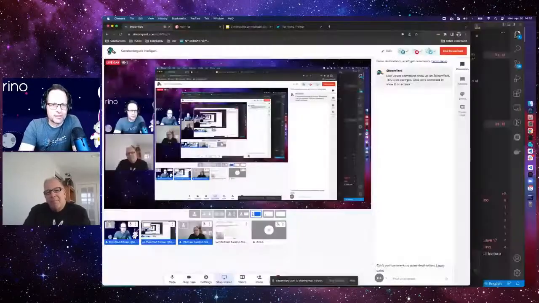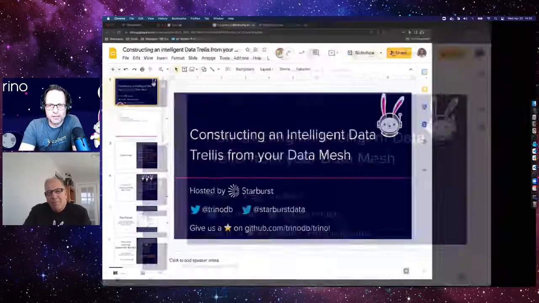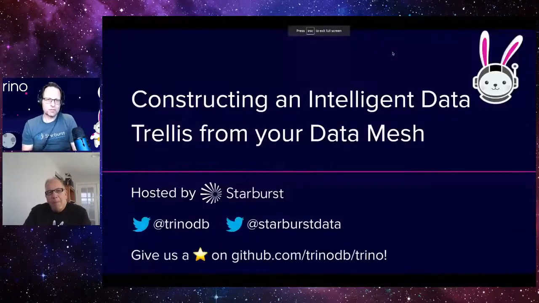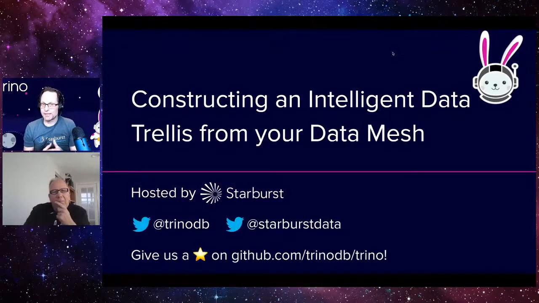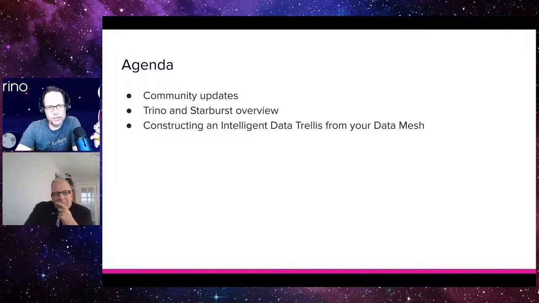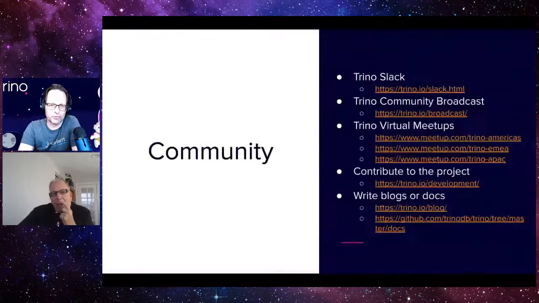Before we let Michael take over, let's do a few housekeeping items, which leads us to first talk about our topic of the day: constructing an intelligent data trellis from your data mesh. We're going to have to unpack this a bit, but before we do that, a few community updates. I'll talk a bit about Starburst and Trino as part of our Trino community outreach and work here. And then we'll let Michael tell us all about the data trellis and the data mesh. I might end up even talking a little bit about data mesh to bring some context before in our